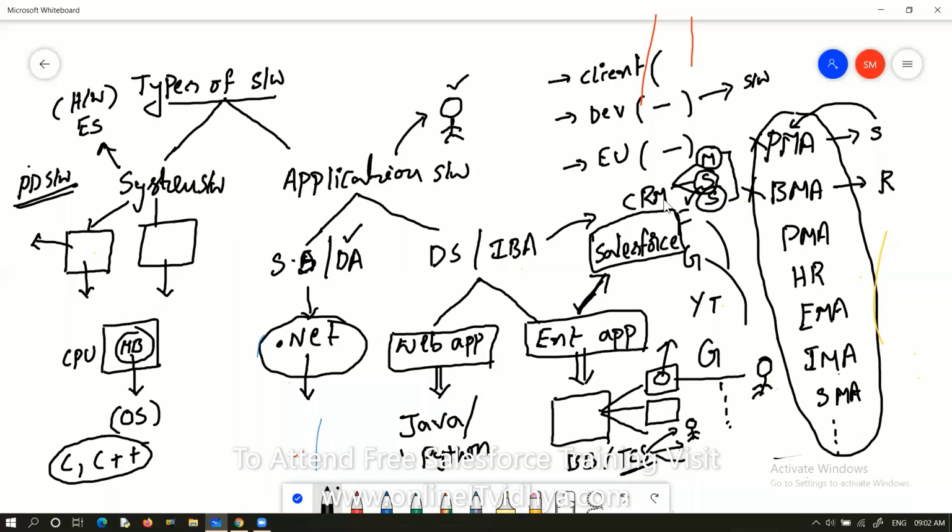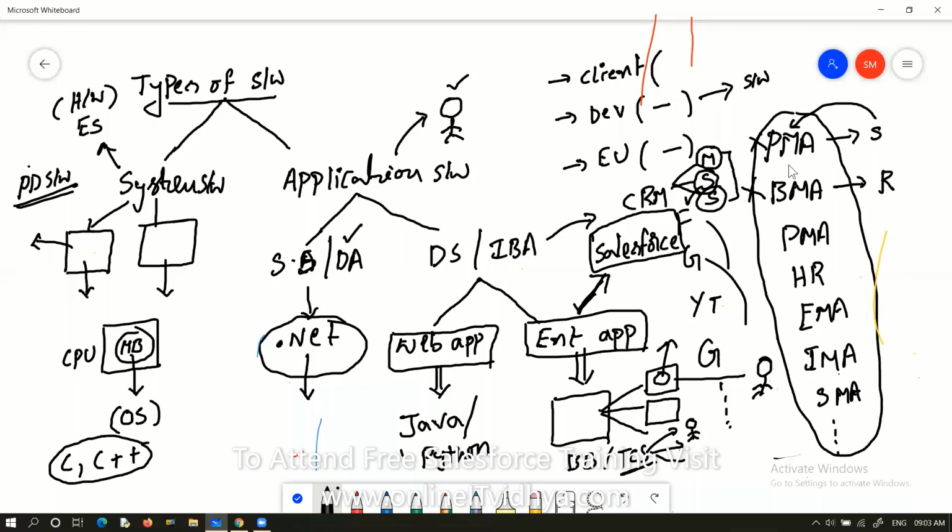So initially it was introduced to develop CRM applications, but later its scope increased to develop all types of enterprise applications. So right now we use Salesforce to develop not only CRM applications but also all enterprise applications. Actually, CRM application is also one type of enterprise application, but don't worry, I will let you know very clearly what CRM is, what these enterprise applications are, and how to develop them using Salesforce. So finally, the